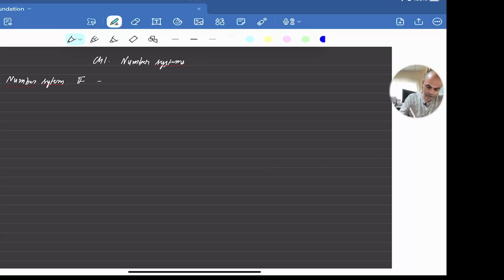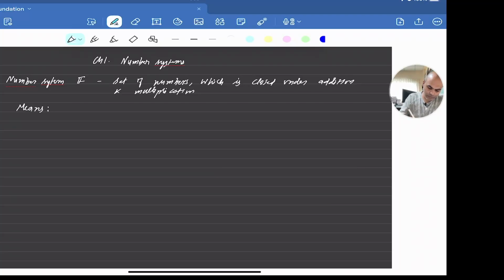This is a set of numbers which is closed under addition and multiplication. So what this means is that if you take any two numbers,